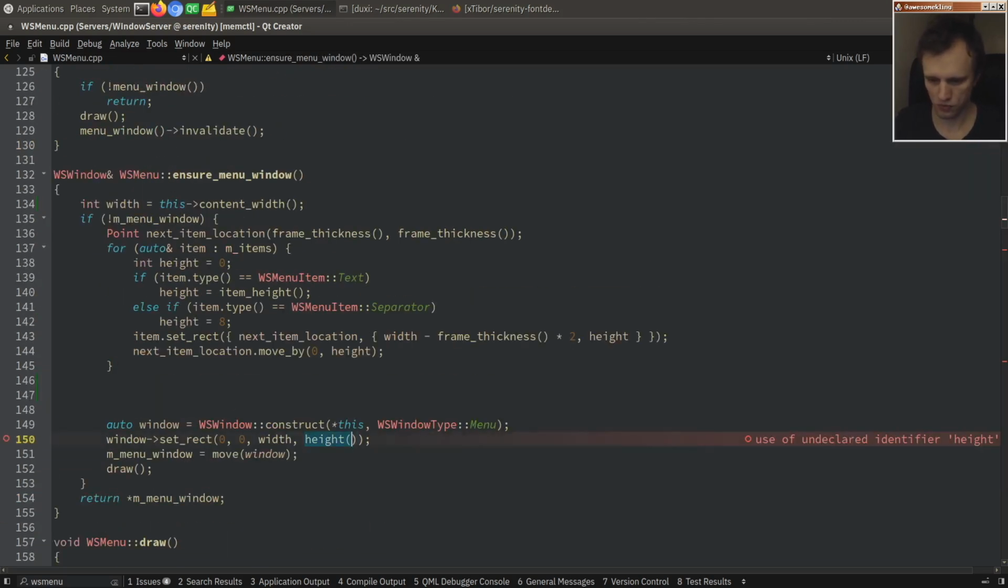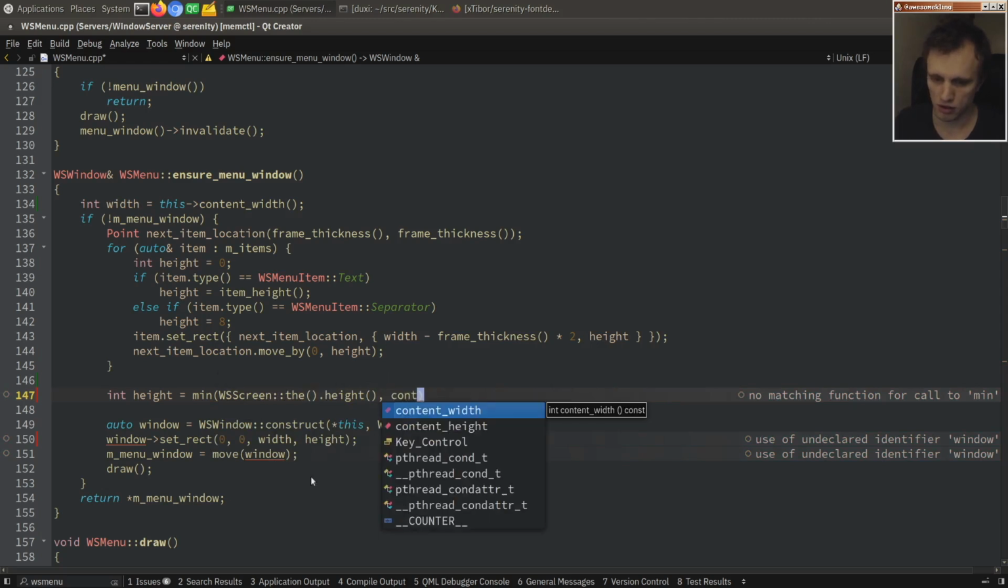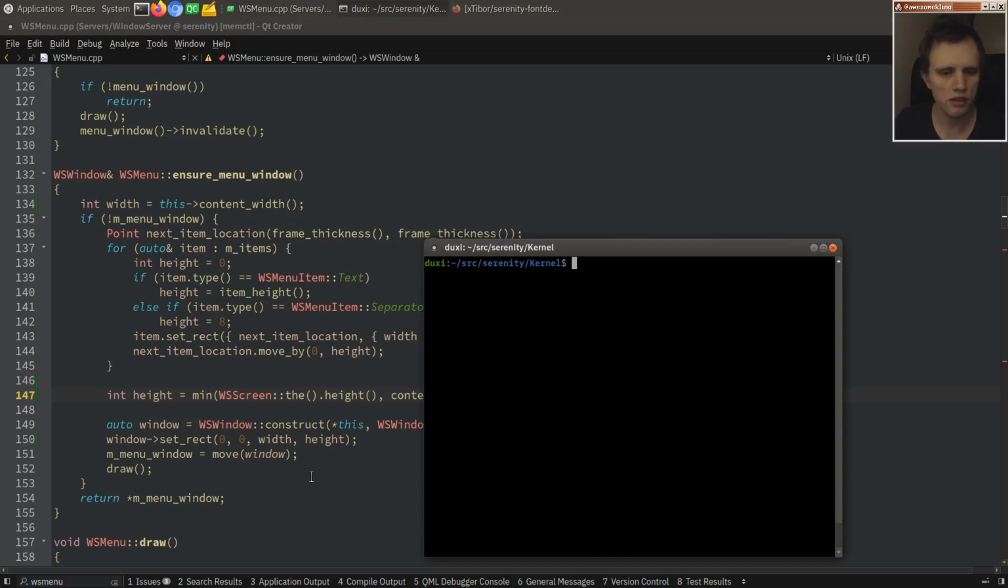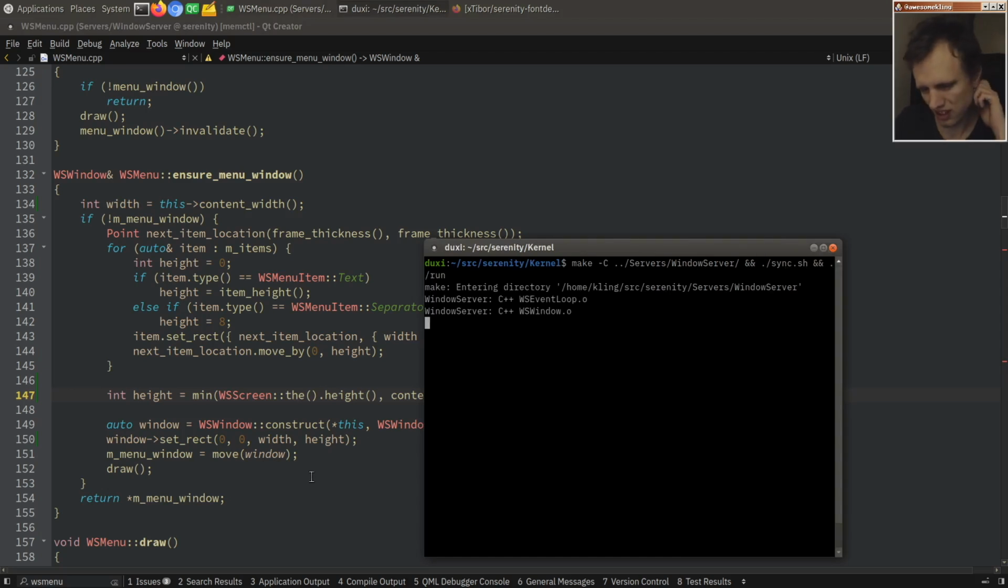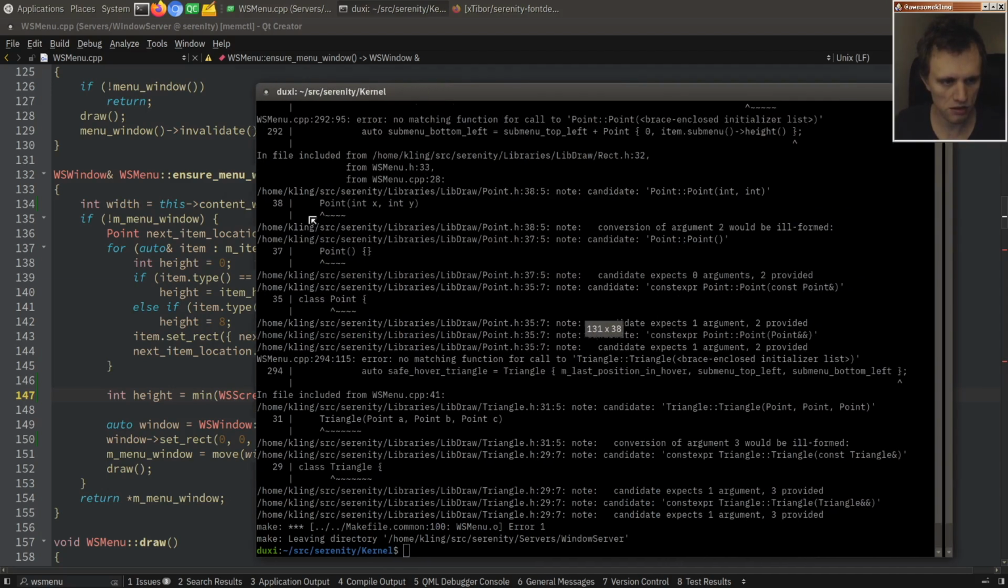So here, let's say we compute the height is going to be the max, or no, the min of the screen height and the content height. All right, so that should, just for a start, let me just get a nice command up and going here. This should get us the window being limited to the screen height, and